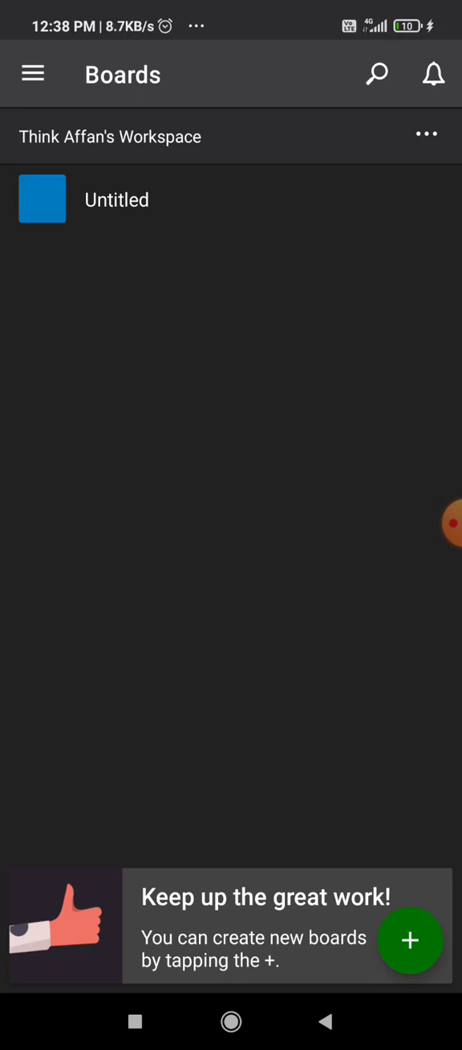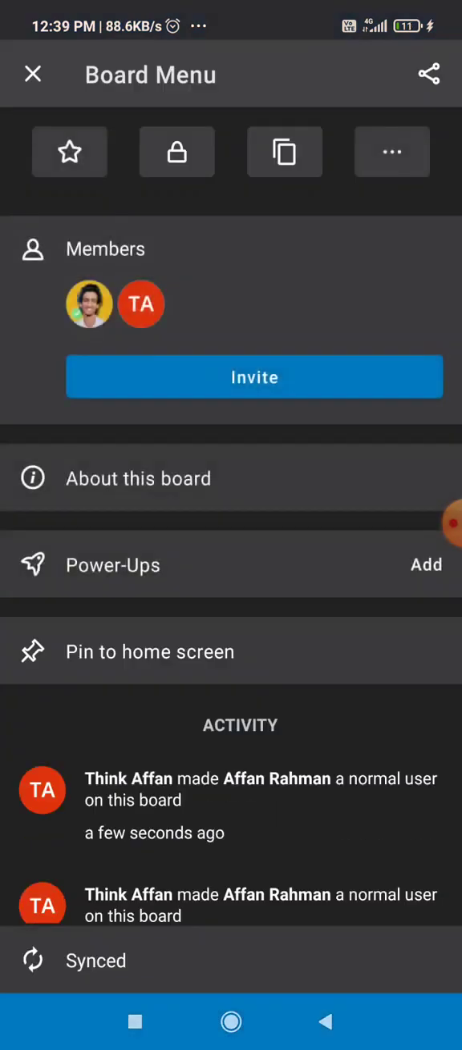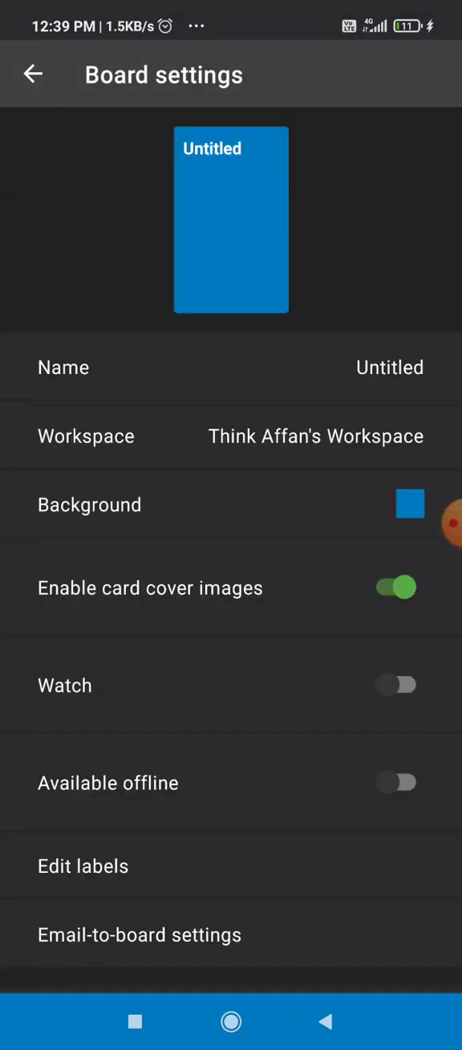on this board here. So click on the board and now you need to click on these three dots here. And now again click on these three dots and as you can see, it is showing on the top. So click on the background